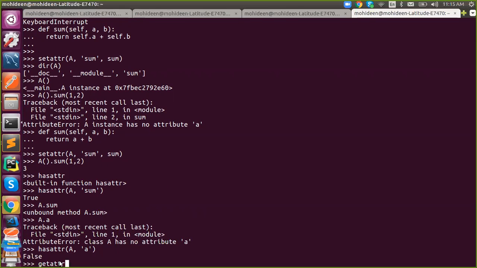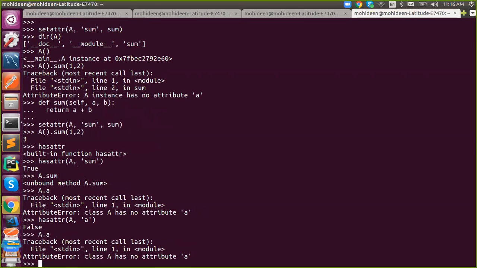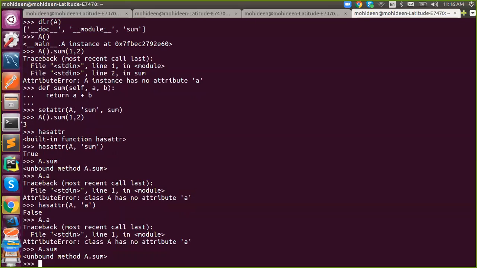What might getattr be? It gets that attribute from a class. It gets the attribute value, the referred value, without getting an error, right? When I say a.a, we don't have anything called a, so it says an error. When I say a.sum, it is there, so it returns the function. With the help of getattr, we will proceed without getting an error.